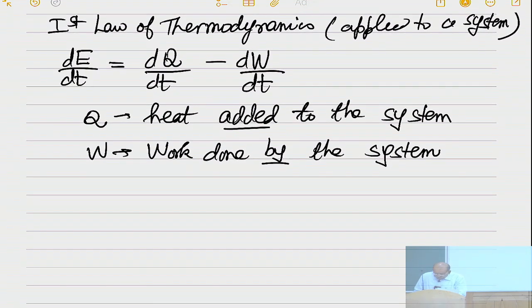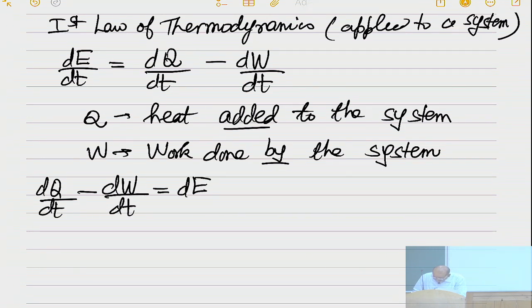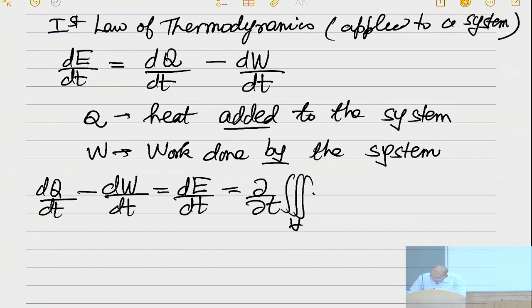So therefore, this will give you dQ by dt minus dW by dt is equal to dE by dt, and this is equal to partial by partial t of the volume integral of e rho dV plus the integral on the control surface of e times rho V dot dA,